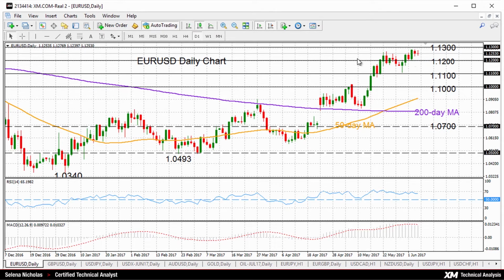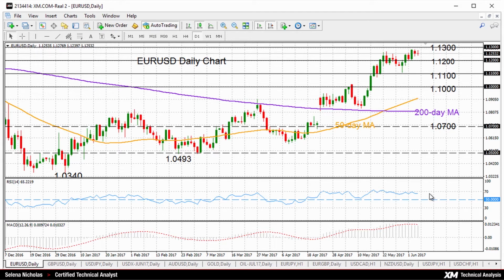And since a little pause around the 1.12 level, prices seem to have regained upside momentum. And we can see that the indicators are still bullish, RSI above 50 and MACD above 0. But for now, it seems that RSI is starting to just move sideways, indicating that there could be some consolidation